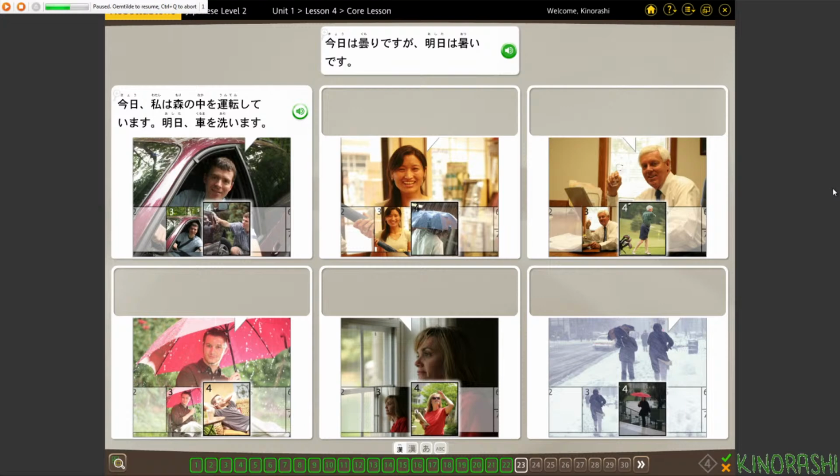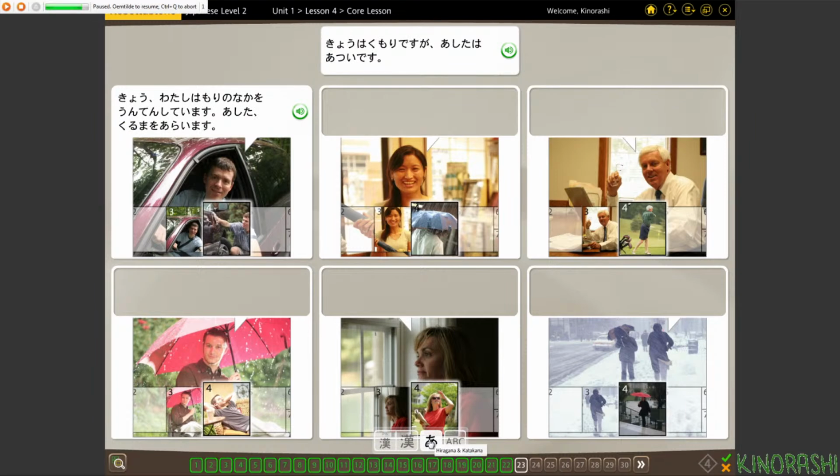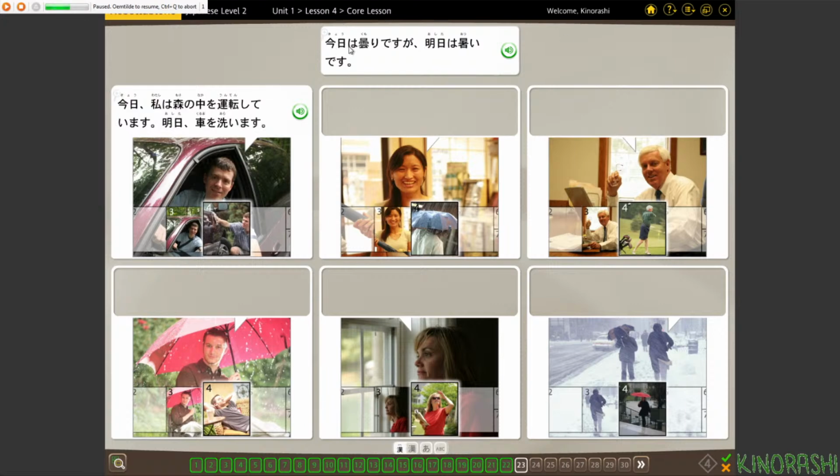今日は曇りですが、明日は暑いです。曇り, yes. 暑い, yes. 今日は曇りですが、明日は暑いです。今日曇り、明日暑い。